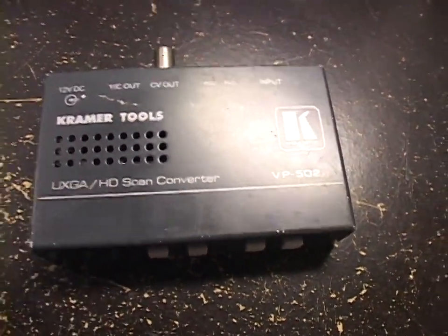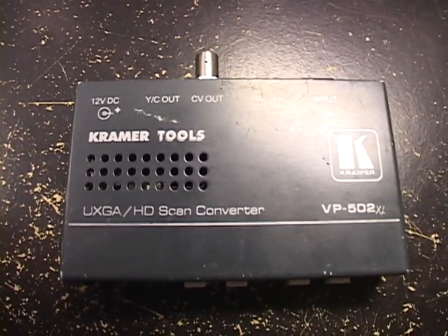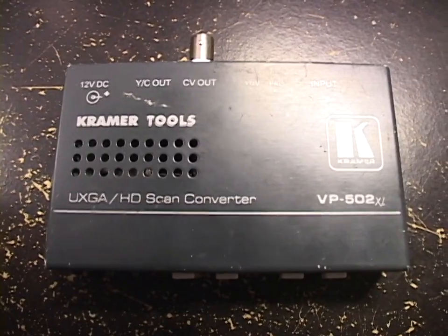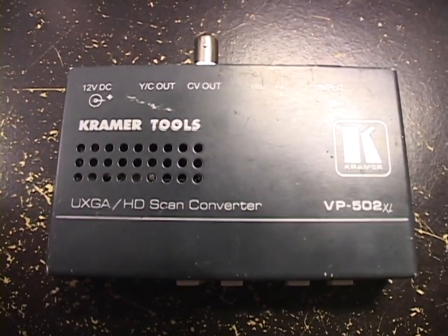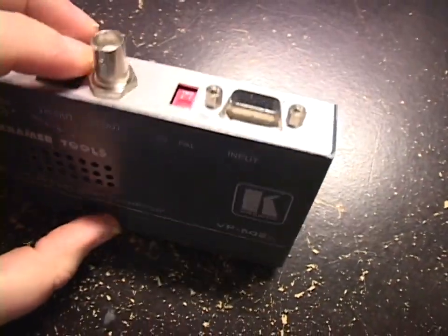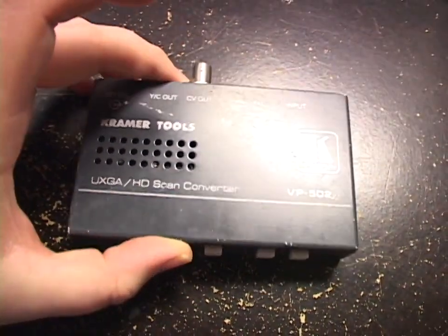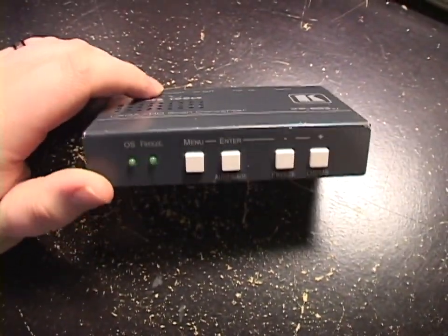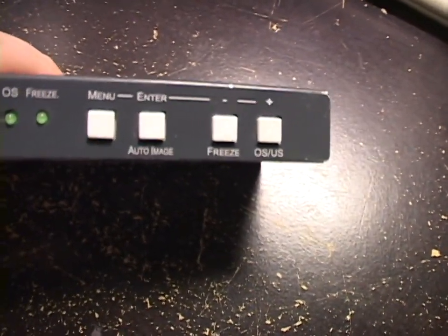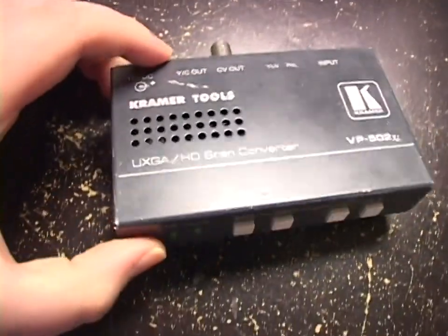And this can support the horizontal scan frequencies not only for a computer monitor but also for a television. Kramer made a cheaper model called the VP501XL that accepts only VGA, so up to 1600 by 1200 VGA, but the 502XL can accept VGA and also standard television signals going through the VGA port, which is pretty nice. It's got an on-screen user interface, which the other one doesn't have, and it's got an overscan underscan function. You can freeze the output, which is nice, automatic image adjustment, and of course a menu where you can do